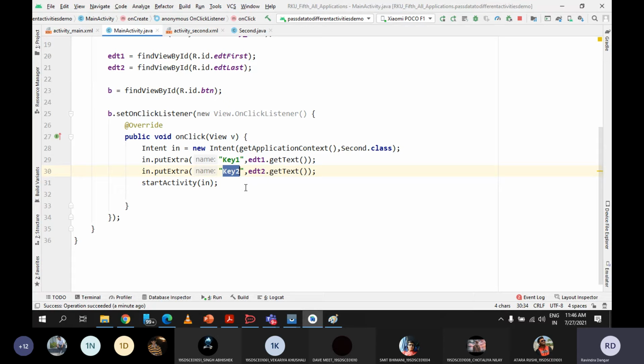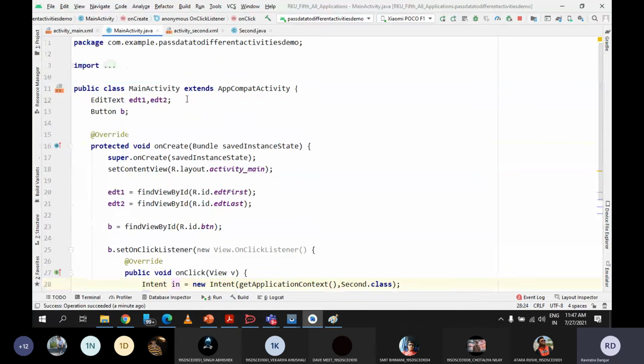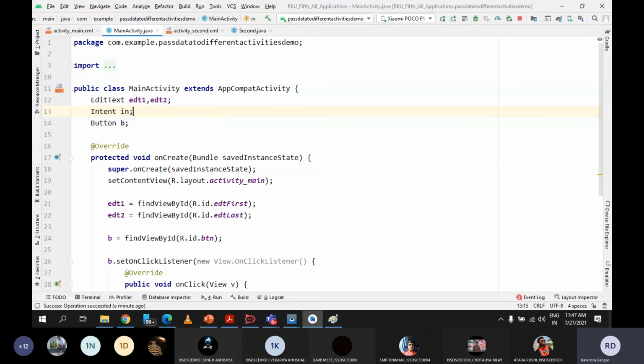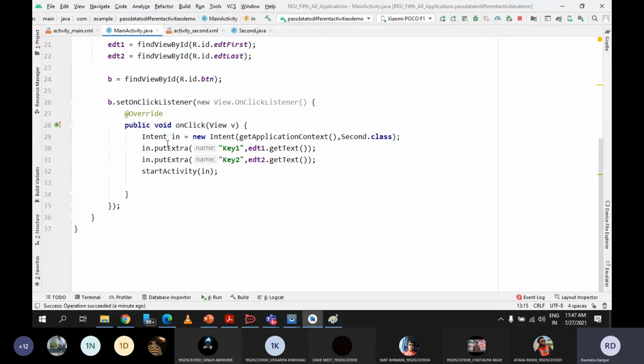One thing we can do, I think that could be a problem. I'm not sure. See, I think I am getting a problem because the scope for this object is limited to this method only, and I'm going to access it outside. So we'll have to do it globally. I can declare it here. This could be one of the problems. I don't know whether I will be able to get it or not, but let us see.